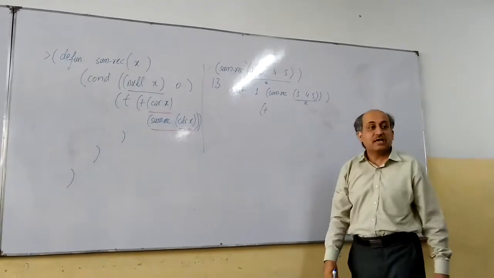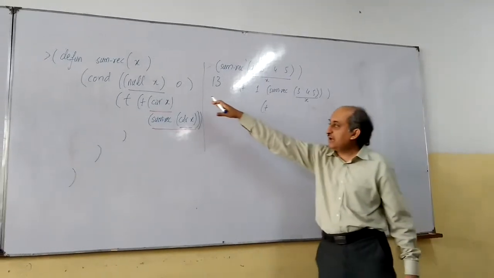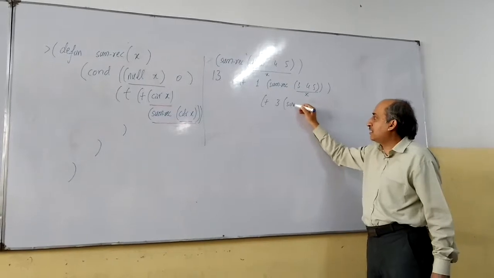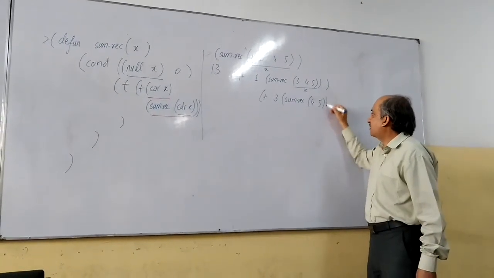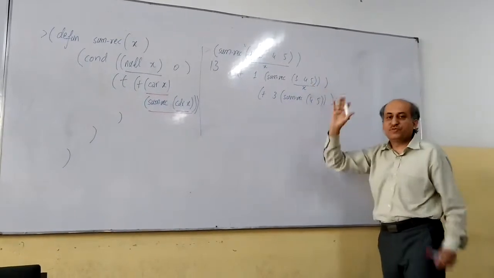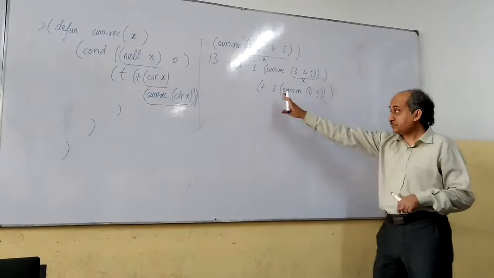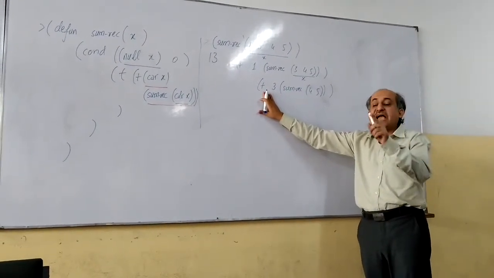Therefore, we want to see what the actual arguments of the plus function are. The first argument is car of x, which is 3. And the second argument is the recursive call of sum recursive on cdr of x. If we take cdr of x, then the 3 will be removed, and 4, 5 will be returned in the original list. So now again, this plus is waiting